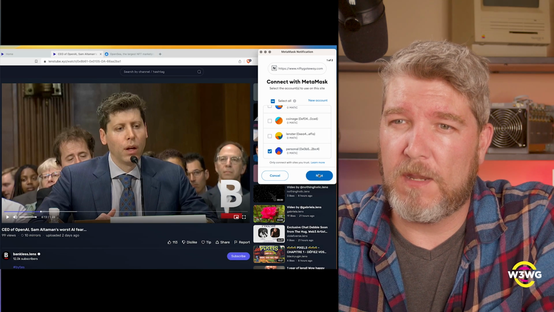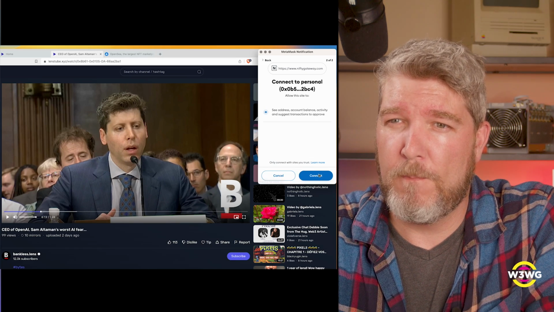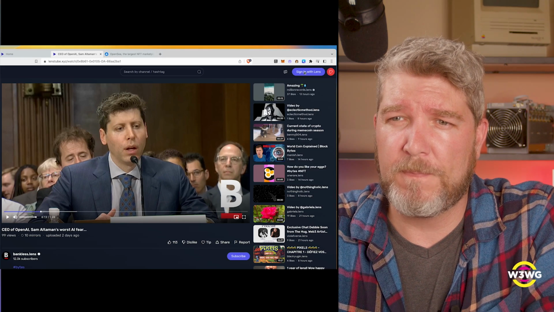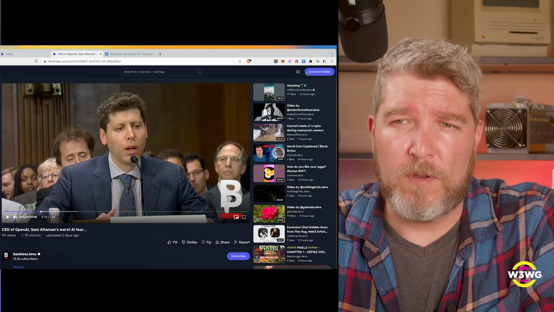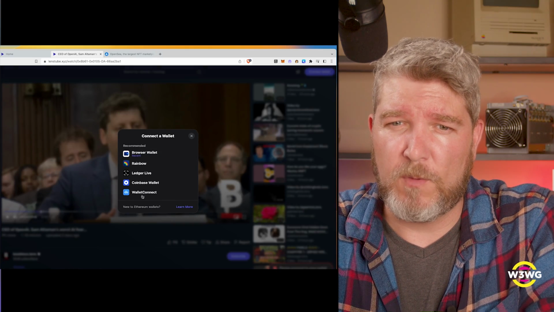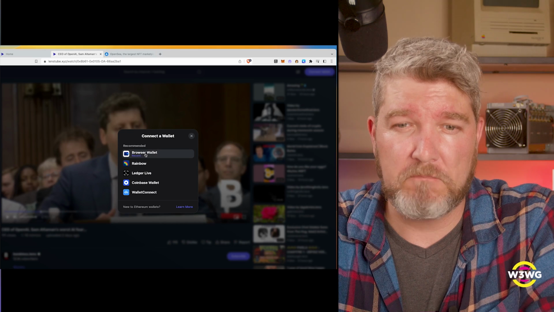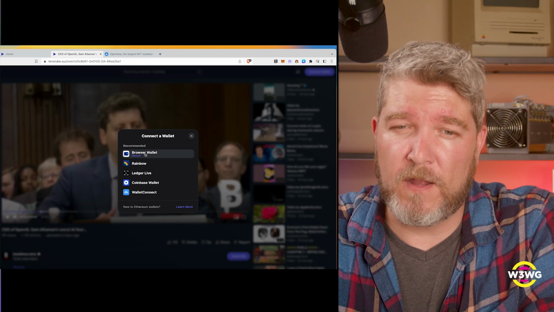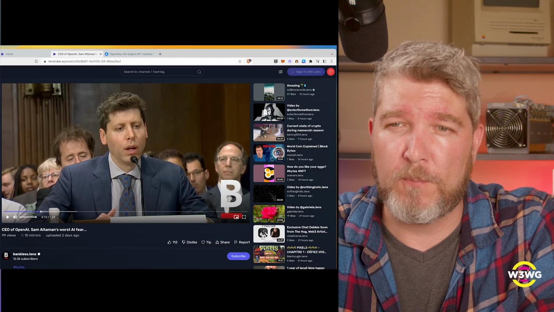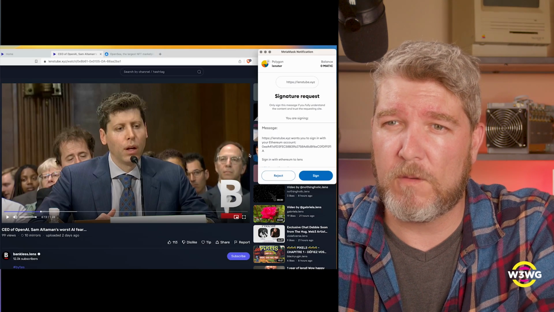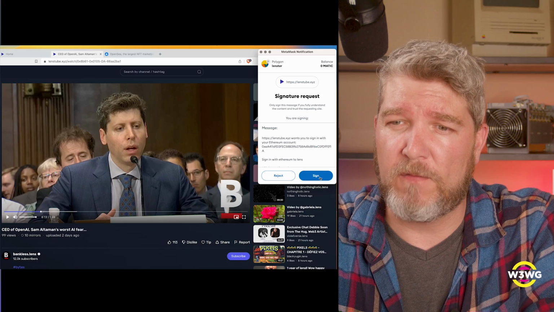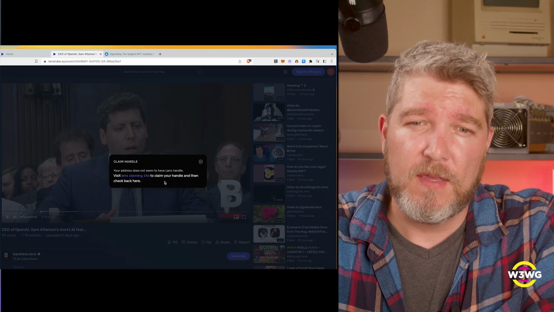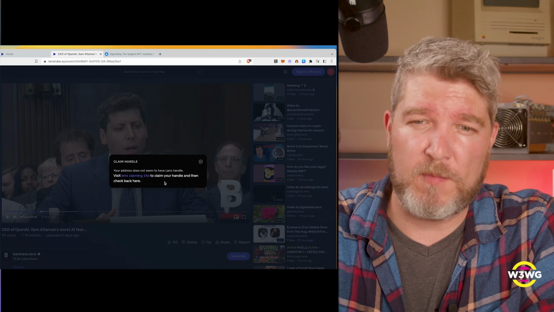That's fine. I'm connecting my MetaMask wallet. That's fine. And now I want to sign in with Lens. It needs me to connect my wallet. There's a couple of good options. This is cool. Of course, Ledger's getting a lot of hate right now, so that might not be that cool. Anyway, browser wallet. Sign with Lens. It opens up MetaMask. It asks me if I can sign something to prove that I'm me. I say yes, and it says your address does not seem to have a Lens handle.